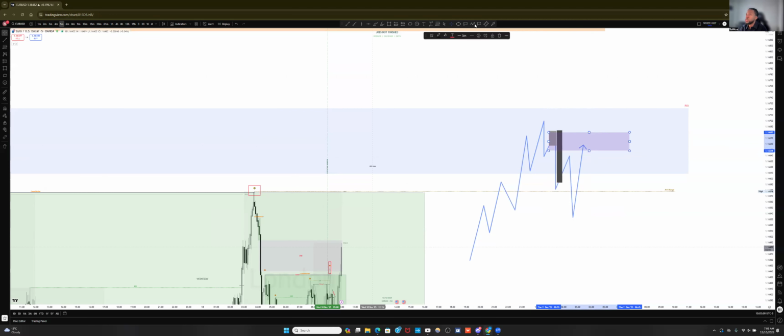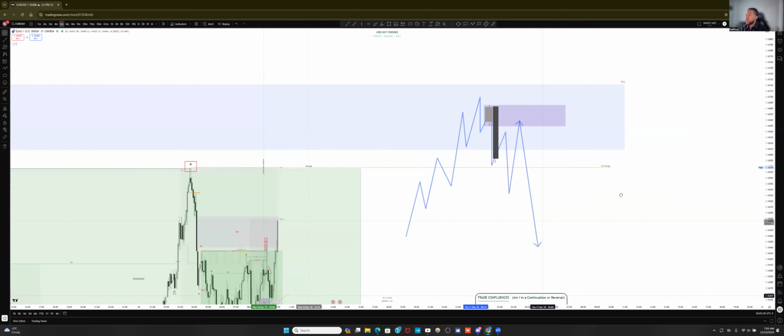Let's say there is a wick, actually. Let's even give it more clarity. Let's say you have this wick to the downside, and then this one to the upside. And then this one, say you just have a slight little wick like this, maybe very minimal. Might not even have any wick. Maybe the wick might be to the downside like this, right before price pushes back up. In this case, yes, we'll take it from the wick of the impulse candle to the wick of this one, and we position ourselves to sell the market from this retest and take it to the downside. This will be our impulse candle. Okay, so as we see here,